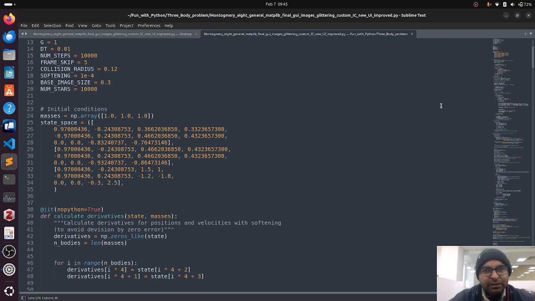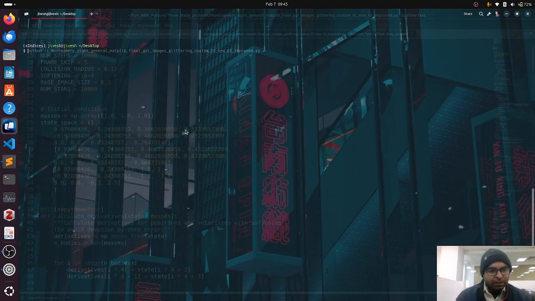this is a simpler way to understand how small changes in initial conditions can lead to a very chaotic outcome, mimicking the importance of initial conditions for such systems, and boundary conditions as well. But for this system, only initial conditions are relevant. So we'll start with running the code. It's a Python based code, so I'll be running it this way.